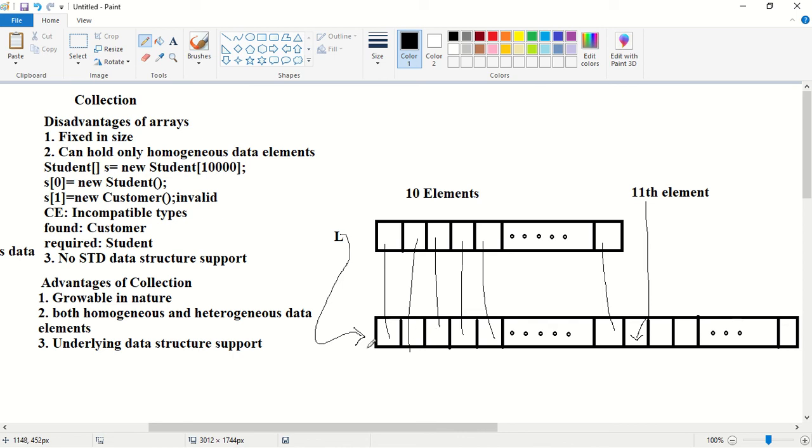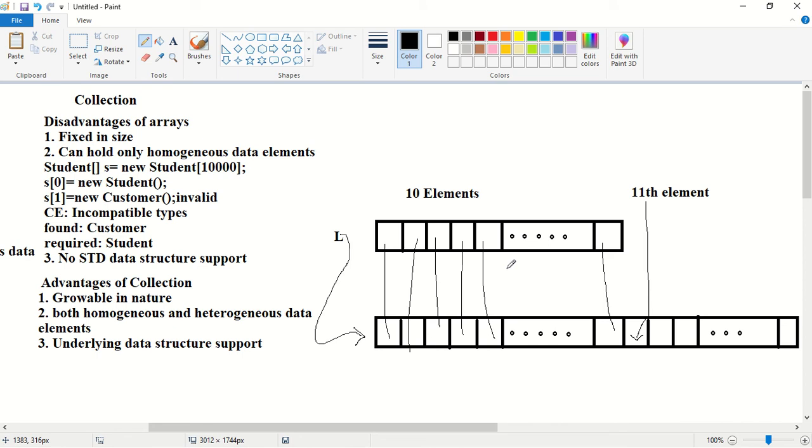So what happens in this case? What about the performance? The performance is going to decrease. For example, if the list size is 1 crore and I want to add a 1 crore first element, a bigger list will be created. Next, all the 1 crore elements should be copied into the bigger list. Next, the 1 crore first element should be placed inside the new bigger list. Next, the reference should change from the previous list to the new list, and the old list is now eligible for garbage collection. Garbage collection means it is eligible for deletion, removal, that's it.